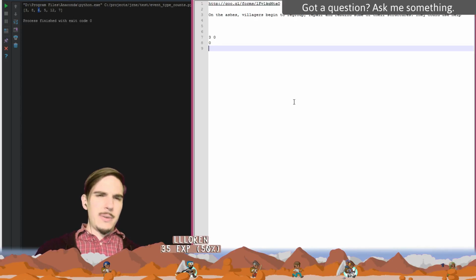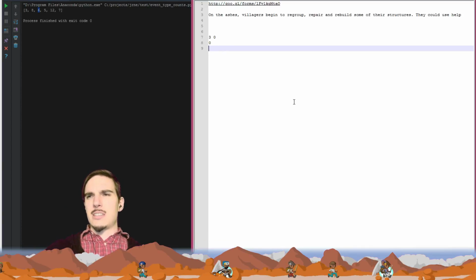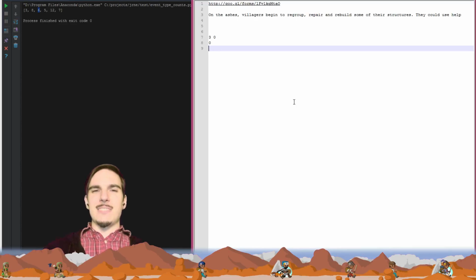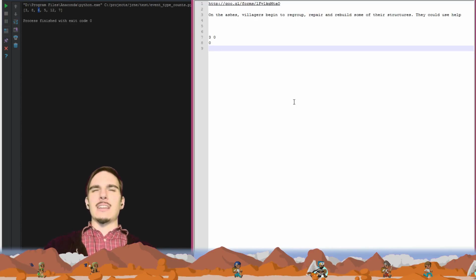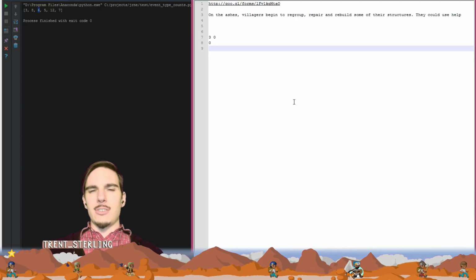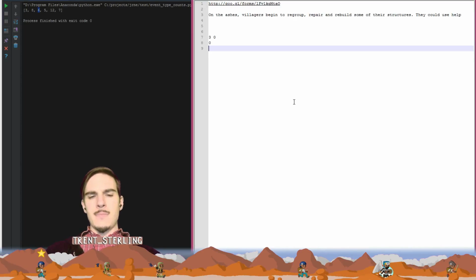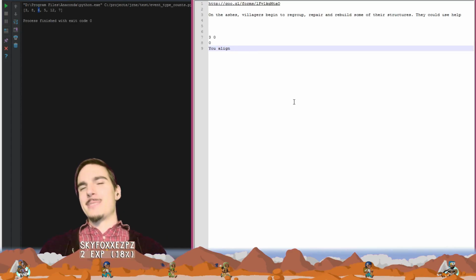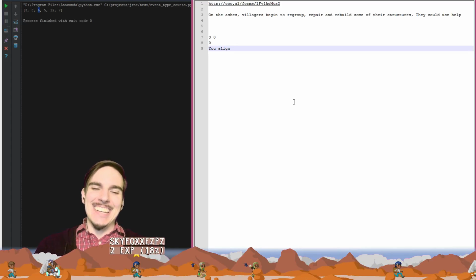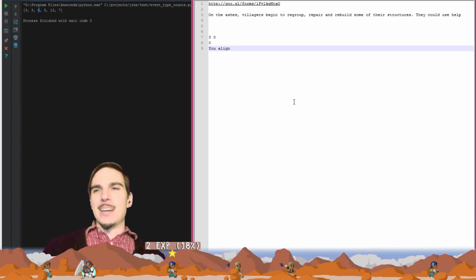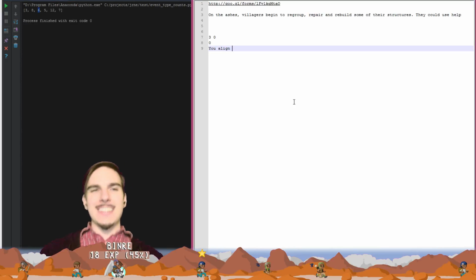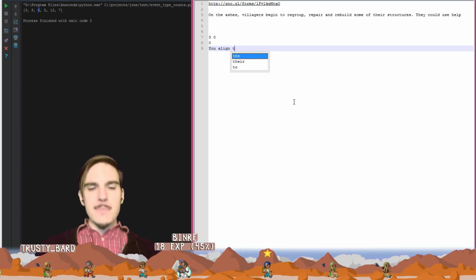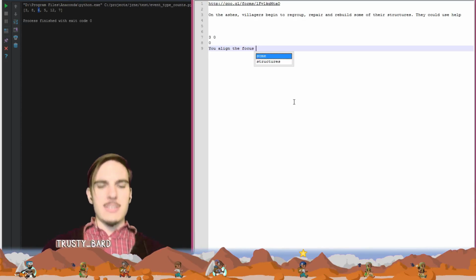Do I want an epilogue or anything? I guess that'll be more clear once I start to actually try and write it, to see if what I'm writing needs to get broken out into something separate or if it's good to go. Aligning is the verb that you do to focus crystals. I still don't know what they are or what they do, but precedent has been set that you align them. So you align the focus crystals